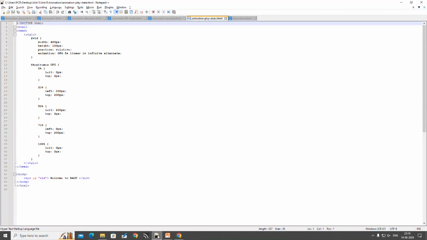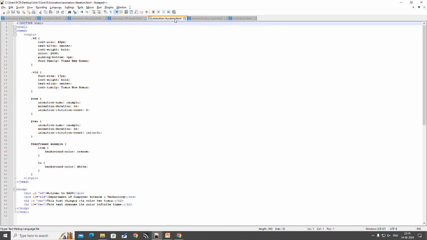We can understand another animation through the iteration count mechanism. Here again we have four properties, in terms of divisions and headers, each having an ID, and we have defined one keyframe, that is example. It goes from background color orange to background color white, and we have applied it to these IDs, 1 and 2. One ID is for the header 1, that is what this text changes color to